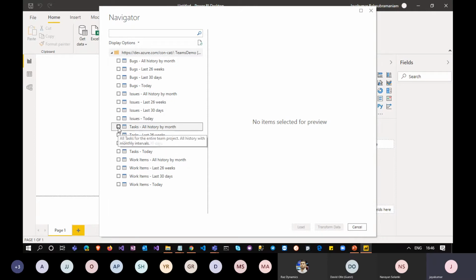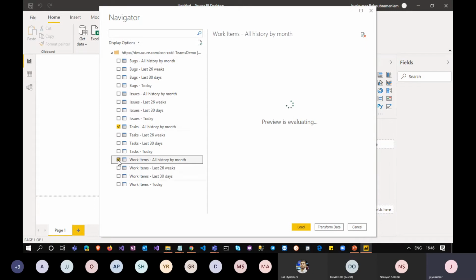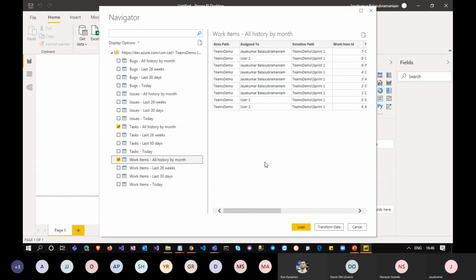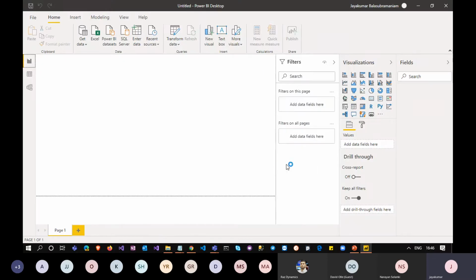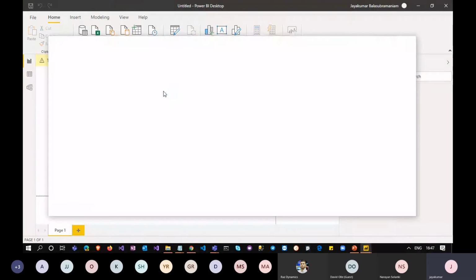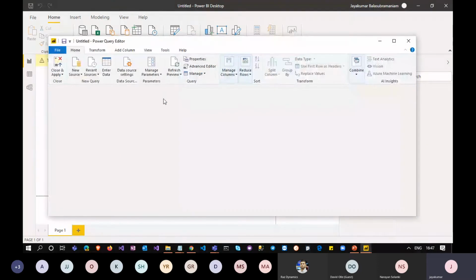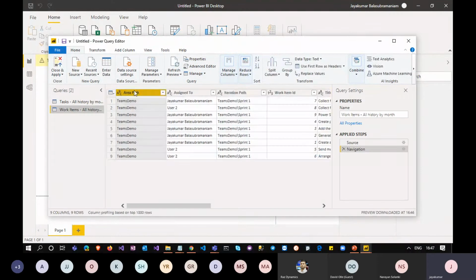Now I'm going to pick which one I want. I'm going to select both the tasks and work items. See, it has my preview. I'm going to transform the data, and you can see it is a query editor. You can see your data over here.